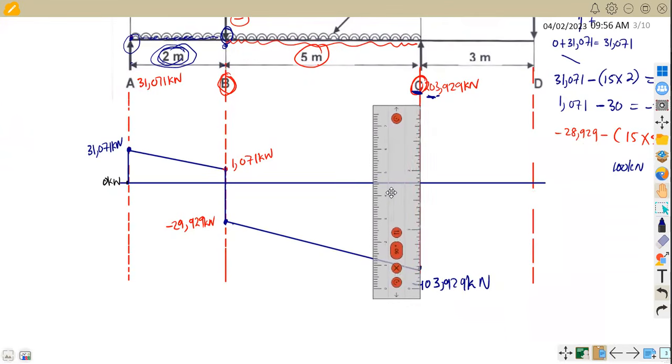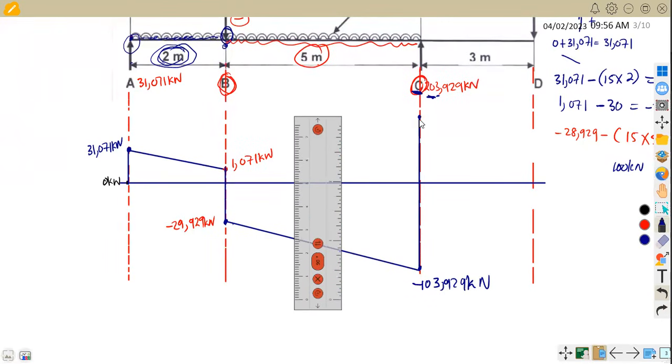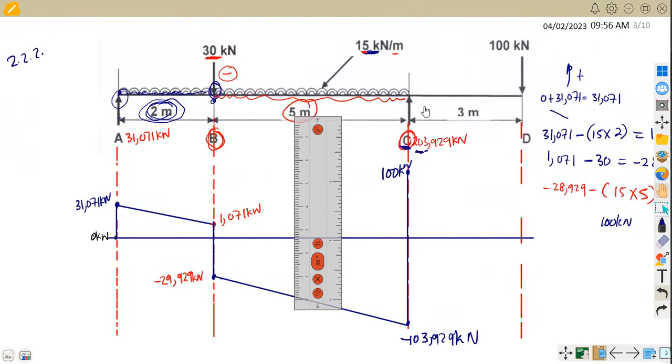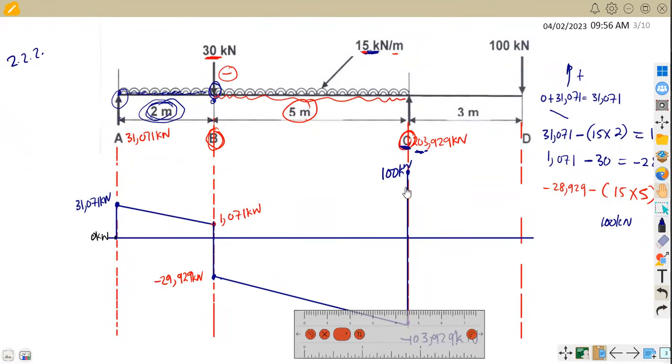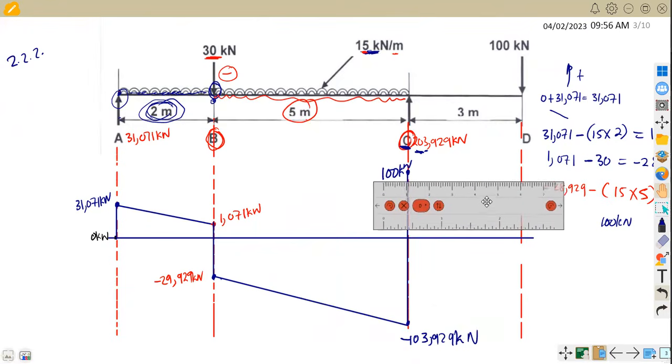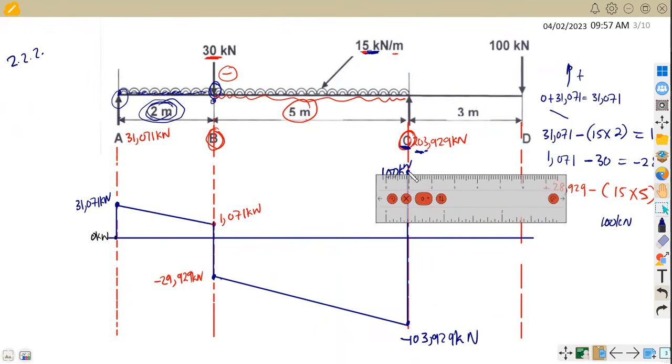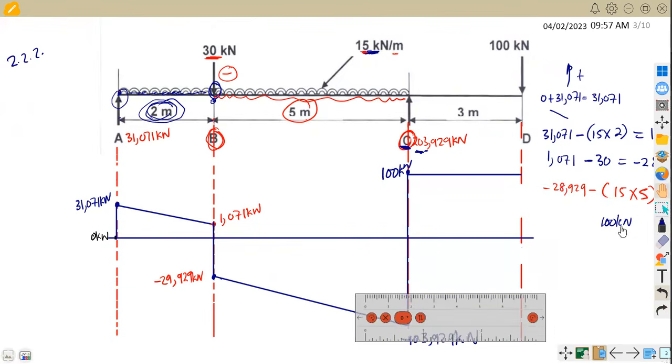So you're going to mark this point. Okay, guys, I think everything is clear. So you're going to mark this point at 100. Just an assumption. Let's say we are at this point here, 100 kilonewton. Then from this point to this point, there's a distance. So this one, you just move a distance, okay, straight to point D. Here we just maintain 100 straight at point D. So we are at 100 kilonewton at this point. Then from there,